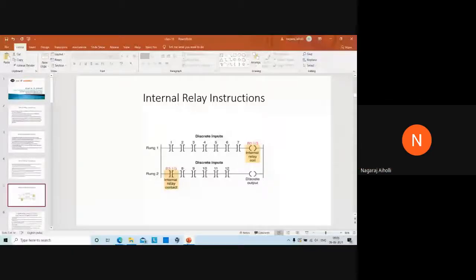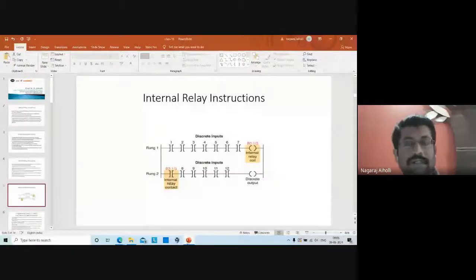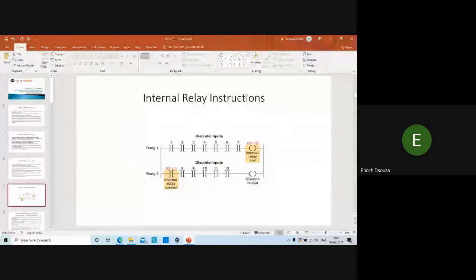Just like how we write the instructions for the ladder diagram, similarly for the relay logic also, the instructions are available, and we can use them. I hope I have answered your question, Inoj D'Souza. Inoj? Yes, sir. Okay, fine.